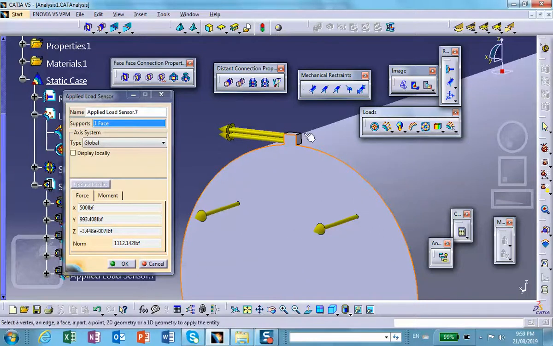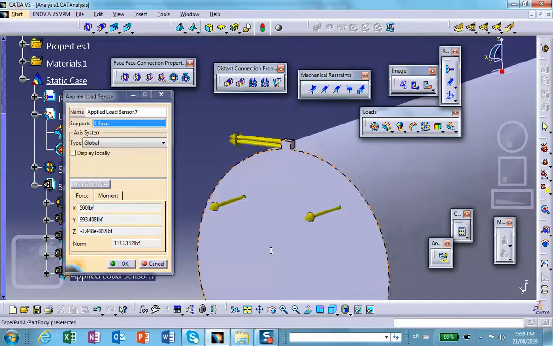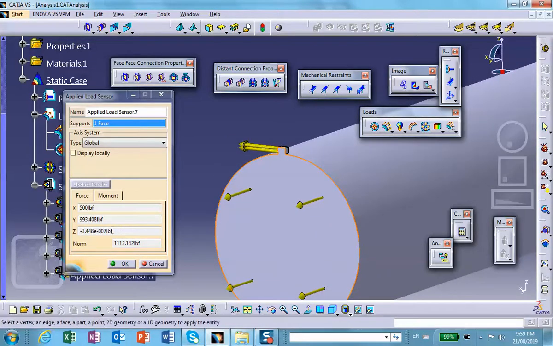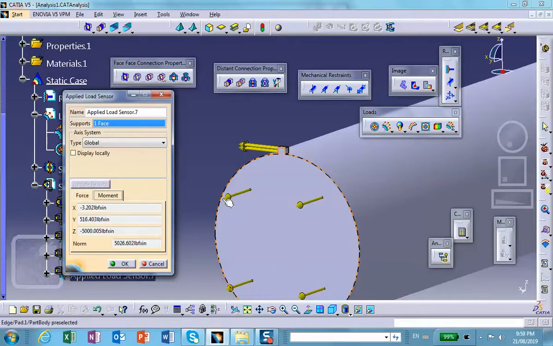That gives you 500. Force in the y is going to give you the total area of this times the pressure, and it's going to give you almost 1,000 pounds. And force about z, almost 0. This is 10 to the minus 7. And you can take the appropriate moment arm and the forces that we just discussed, and you get these numbers. For example, if you look at the moment about z,